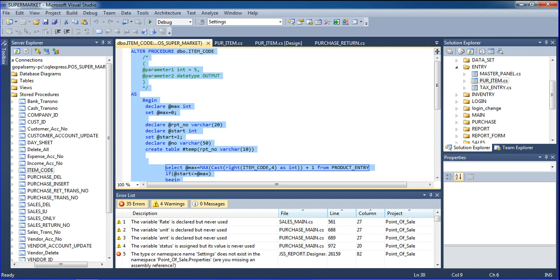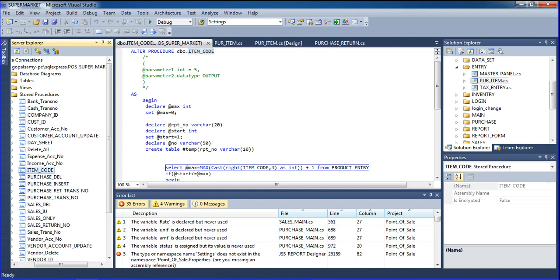What is the name of the stored procedure? See, all this code I declared in the DBO. See, ALTER PROCEDURE, this is the procedure name. So DBO dot, after the dot, whatever you declared, that is the procedure name. The item code procedure name I declared here. So this is the procedure name, and I call this procedure name into